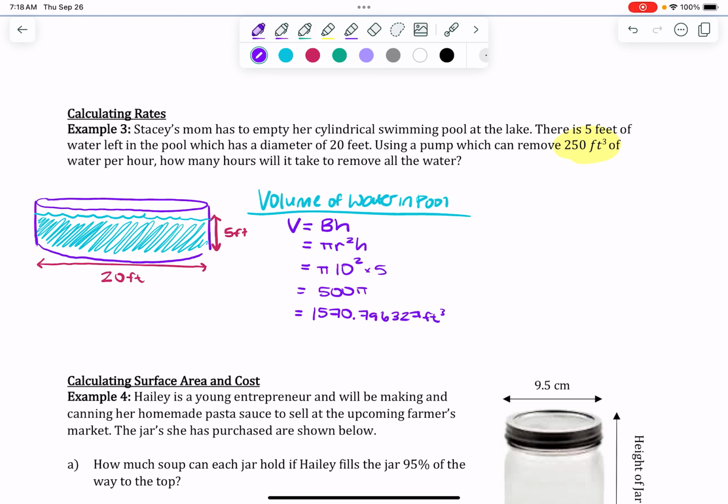Okay, but I do have another step because the question is asking us how many hours will it take to remove all of the water. So this is the water I have to start off with. And I want to turn that value into hours. Well, luckily, the question gave us some sort of conversion of cubic feet to hours. Right? It takes 1 hour for every 250 cubic feet of water. So I'm going to set this up just like a unit conversion. So to find the number of hours required, I'm going to start off with that long number,